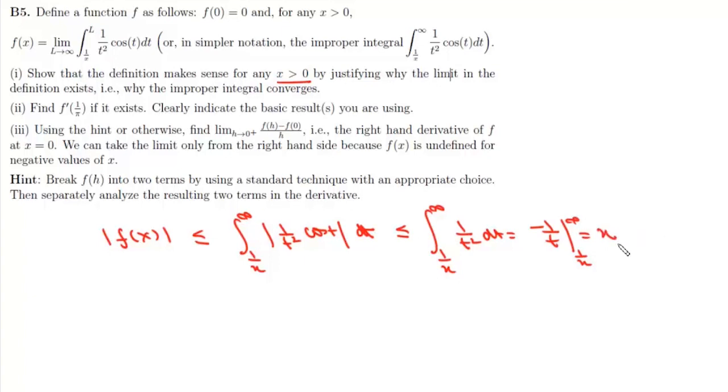So clearly this integral converges absolutely. So that's your first part. And the second part says: find f dash 1 upon pi if it exists, and clearly indicate the basic results you are using. Now we are given this function f(x),